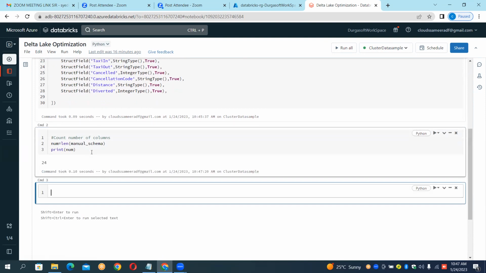So fine, this is 24. How many columns are there, guys? 24 columns. Anyways, okay, 24 columns. Okay, so now